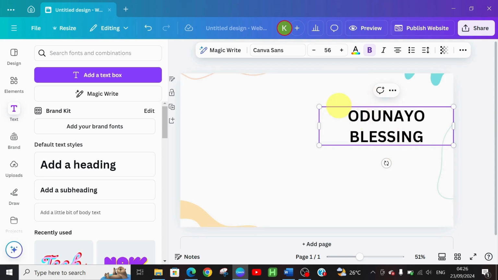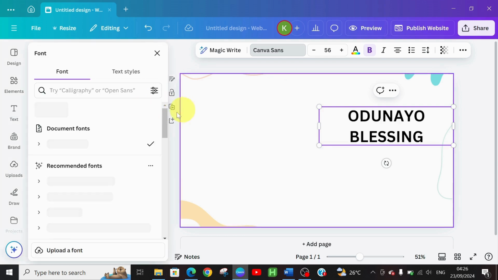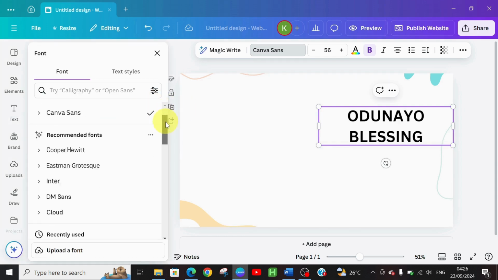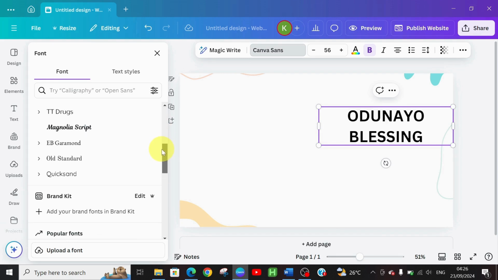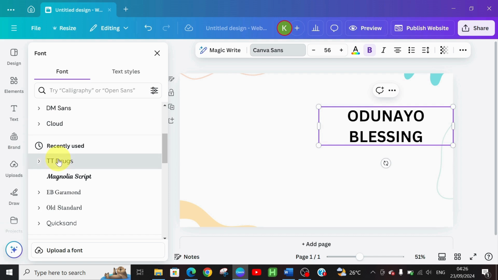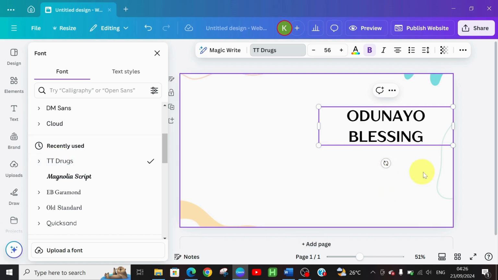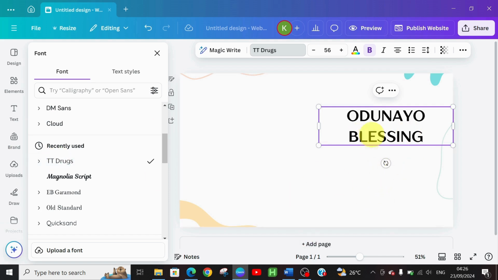Do I want it in this size? I don't know yet. But I'm just going with the font. Go to font and change it. That's how to determine what you want. Because if you've not gotten one, for me, I will use TT Drugs this time around for the font. So you can see. So now let me make it bigger